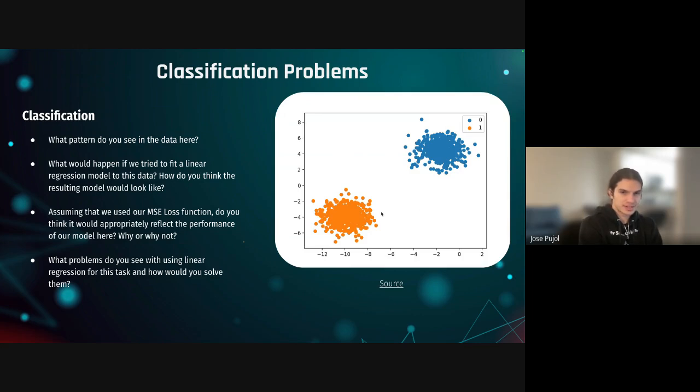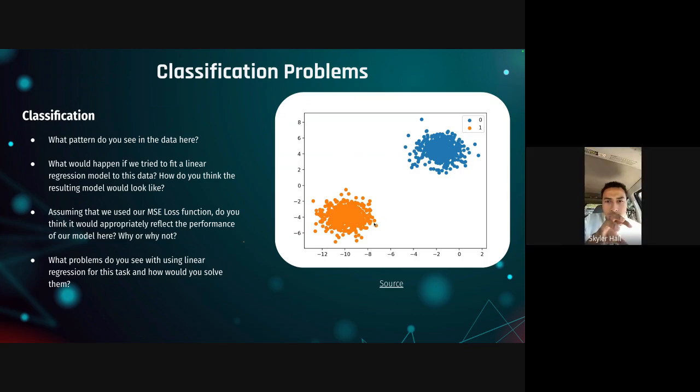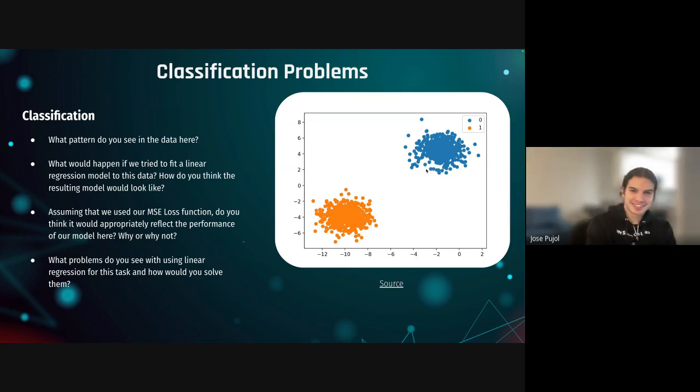Like, it's inconsistent. Okay, and why would you say it's inconsistent? Because you have a lot of data in one spot and then a lot of data in another spot. It's not showing any trends at all. So it's kind of hard to make any deductions. Exactly. You said the correct word there, which is trend. Like you don't see any pattern in the data that's linear.